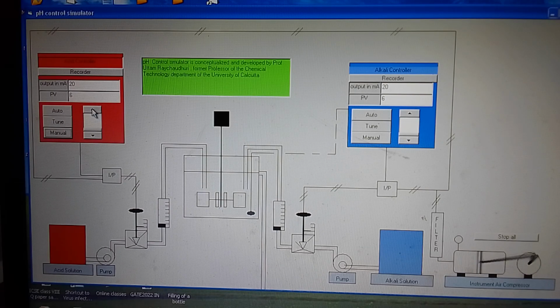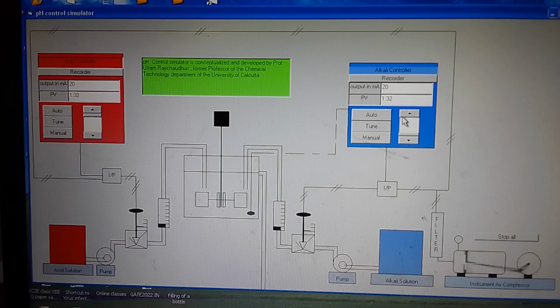And now you can open it. Say the acid valve is open. It is fully open, and you can see the PV value is 1.33, highly acidic. And then you close it. That is totally closed, totally open. Now you close it,